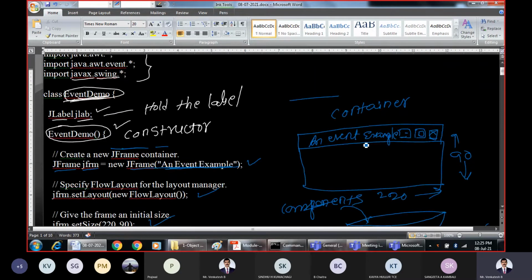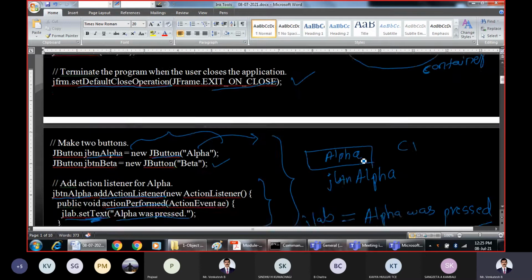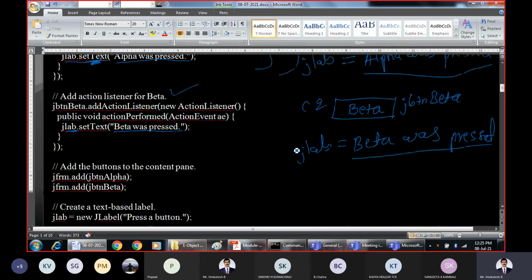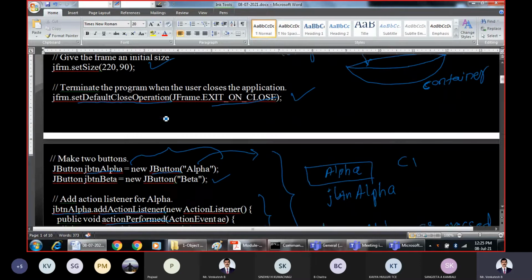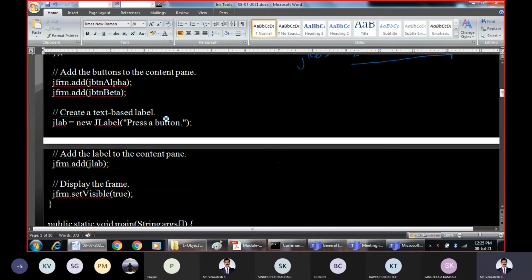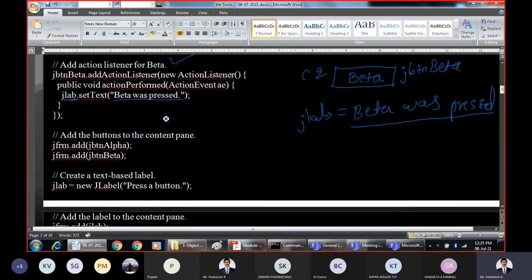JFRM is the name we have given for that. To this JFrame container, we have to add those two components, nothing but the two buttons.